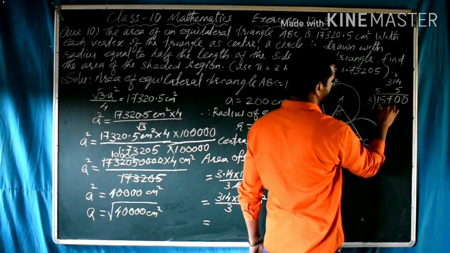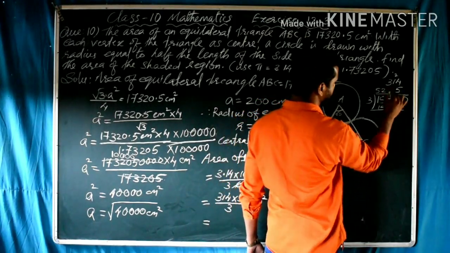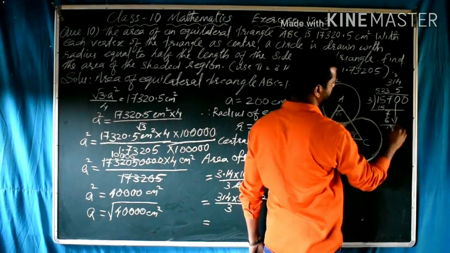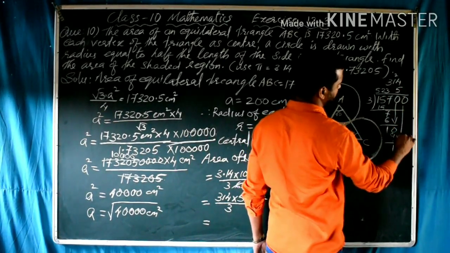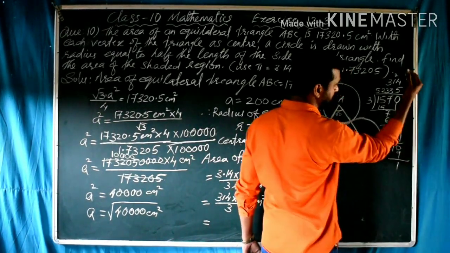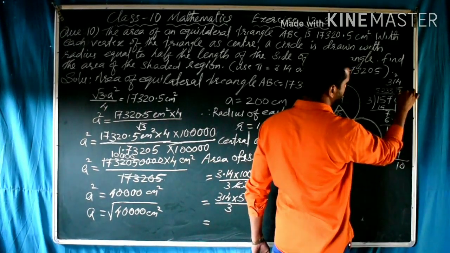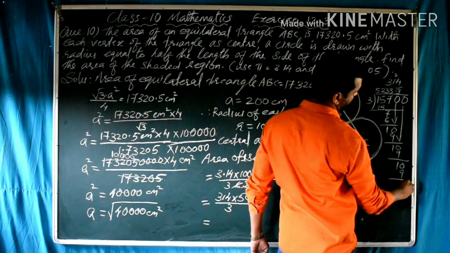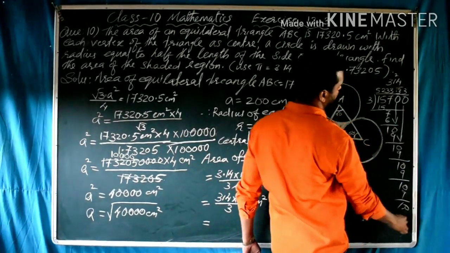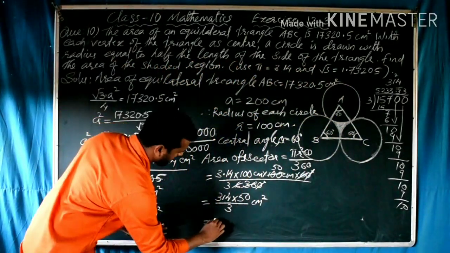5 3s are 15, remainder is not there. Bring down the next digit, that is 7. 3 2s are 6, remainder 1. Bring down the next digit 0. 3 3s are 9, remainder 1. Bring down the next digit 0. 3 3s are 9, remainder 1. Again the digit is not there, so we put point 0. 3 3s are 9, remainder 1, and so on. It will come 5,233.33.